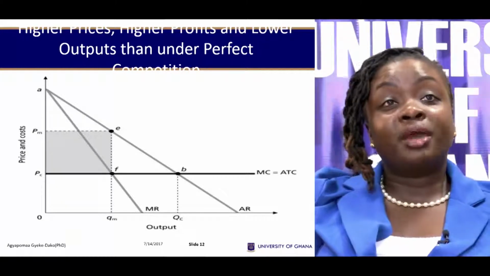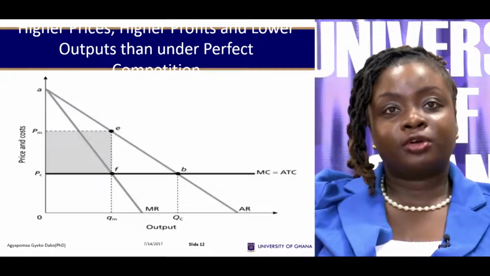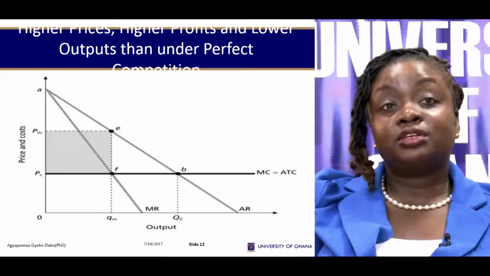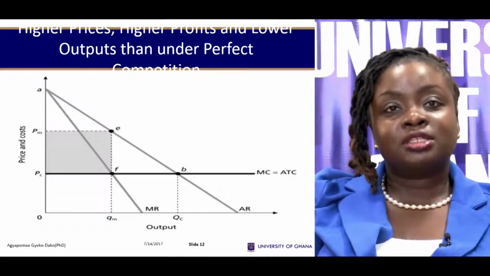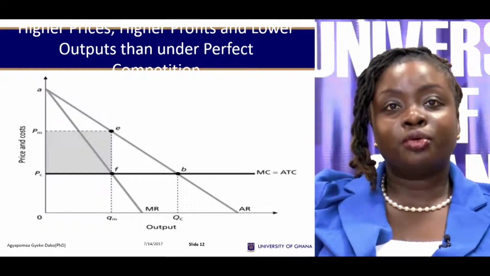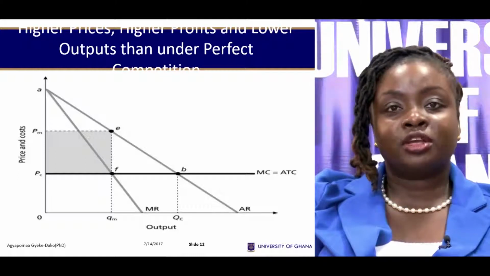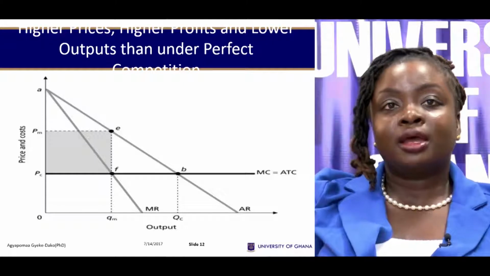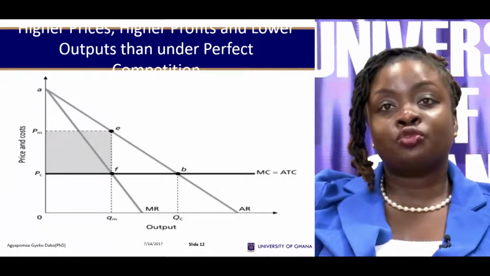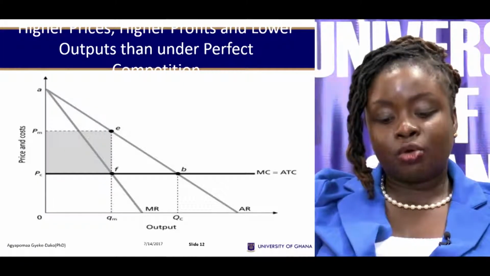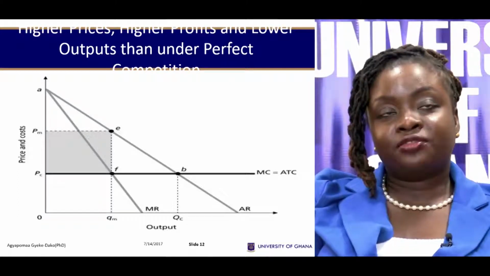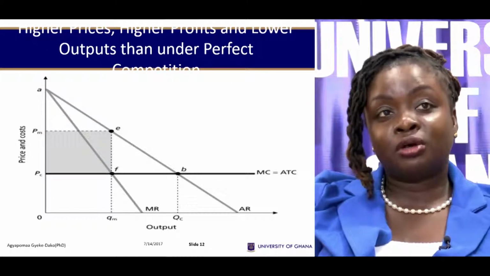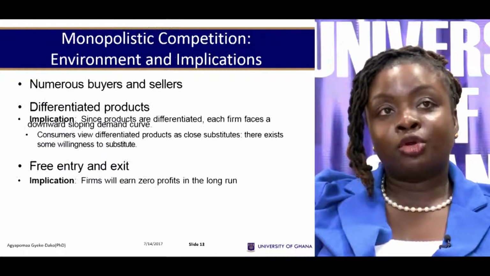Now, we can compare the monopolist to the perfectly competitive firm. If you look at this diagram, and read the textbook, you see that the monopolist would produce a smaller output and yet charge higher prices compared to the perfectly competitive firm. The perfectly competitive firm's output is bigger and has smaller prices. So in terms of societal welfare, the perfectly competitive firm is more beneficial than the monopolist.